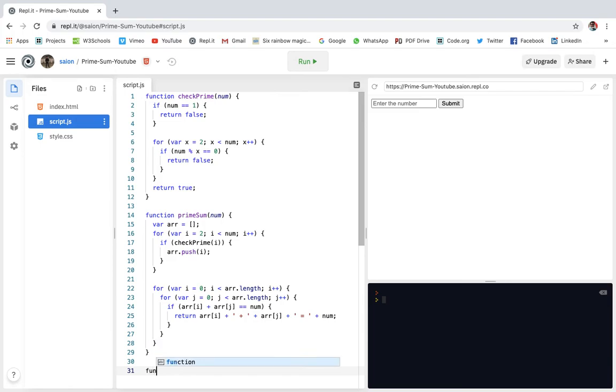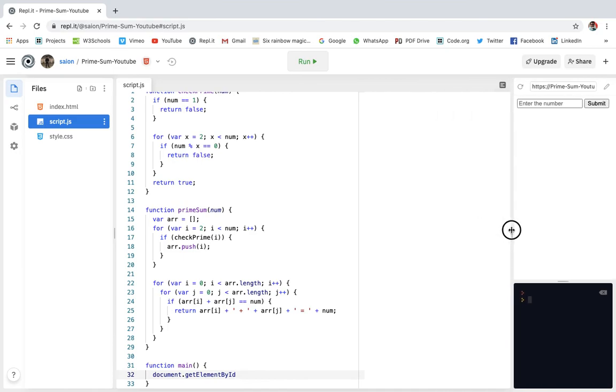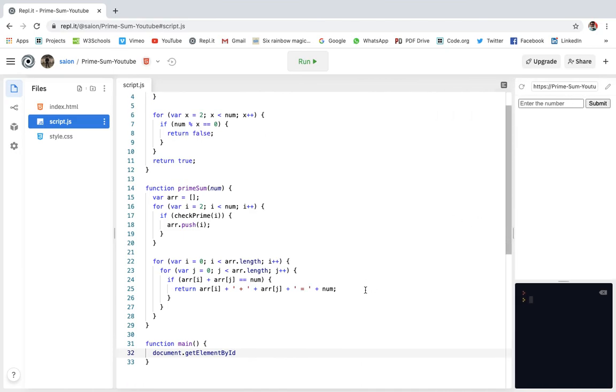Now our last method and the easiest method, we are making with no logic, function main. So we are making a method called main. So I'm doing document dot getElementById. So this will be a long line, so I will just write everything first and then I will explain everything.